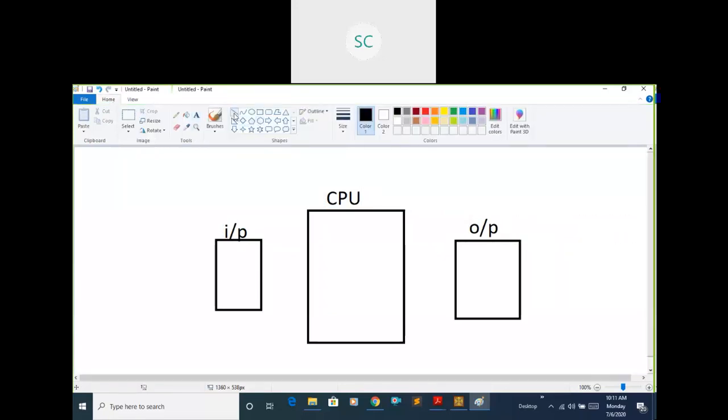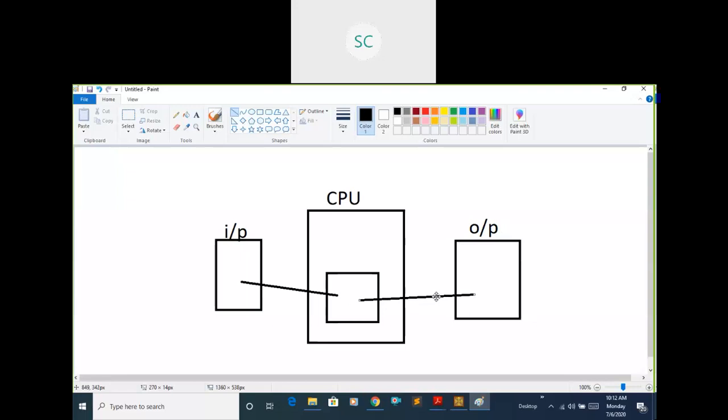In the CPU we have some memory, right? The memory unit is also there. We want to transfer the data from input devices to main memory. While executing a program, we use this main memory, RAM. If you want to transfer the data from input devices to output devices, we need to transfer the data. In the same way, if you want to print something on the output screen, the output window, from main memory to output, we will use some statements.